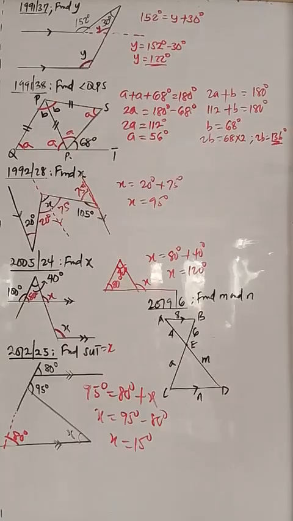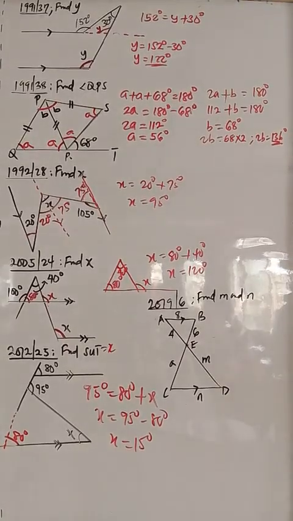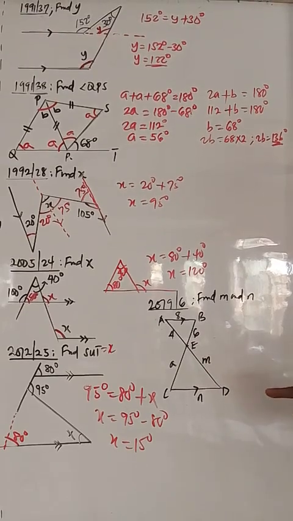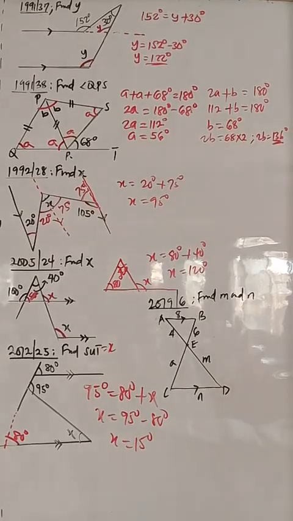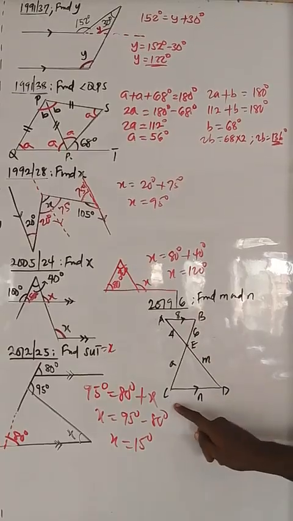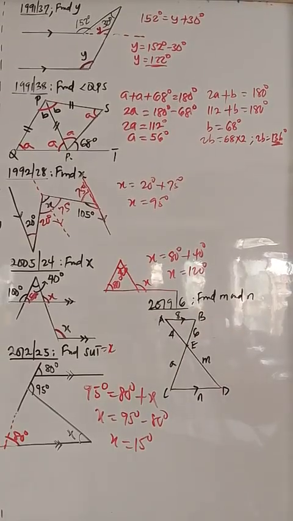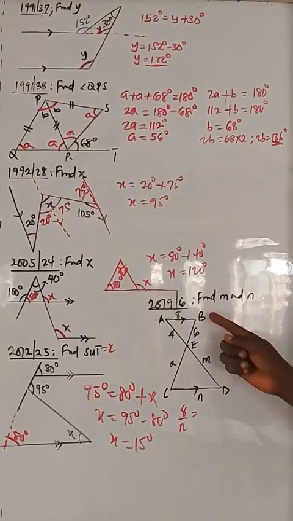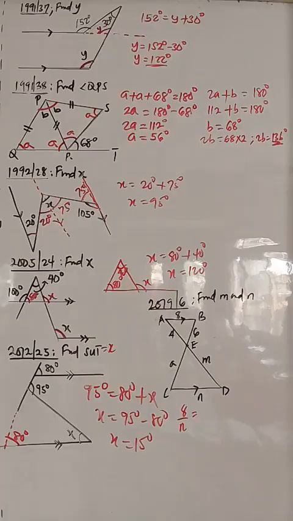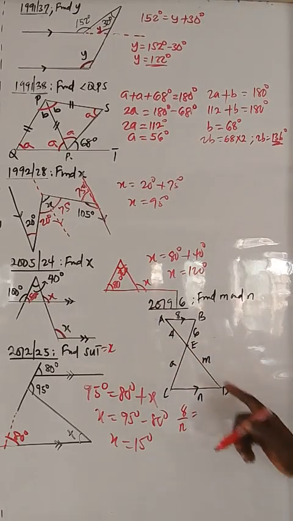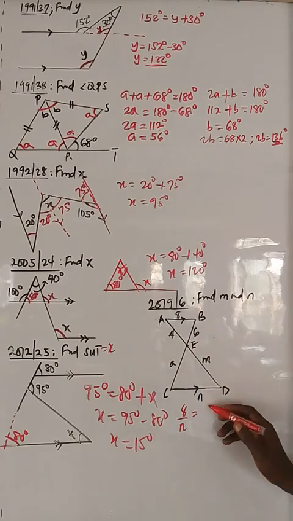The last question we're solving, 2019 number 6. Find m and n. This looks familiar. I gave this particular diagram during my explanation. So we're looking for m and n. Don't worry yourself, just follow the pattern. 8 over n, AB over CD, 8 over n equals, we can do 6 over 8. But I would not like to use that, I would like to use 4 over n. Anyhow, it works. So you have 6 over 8,